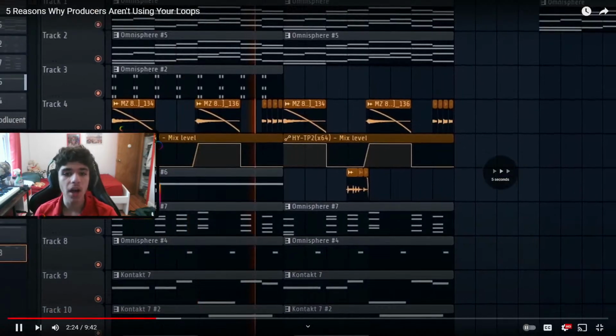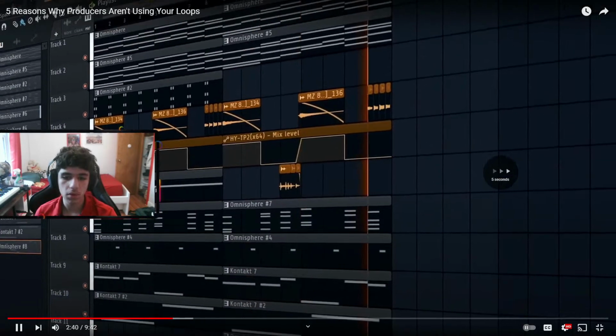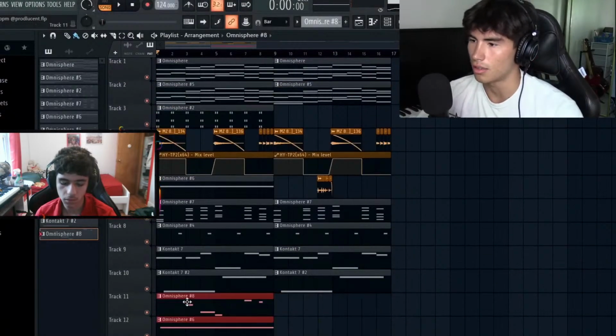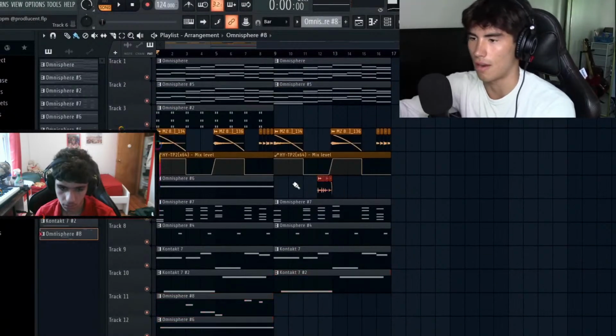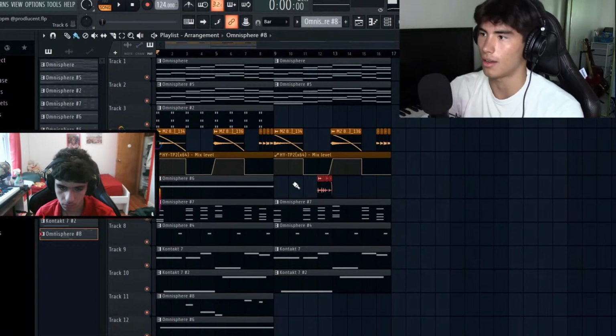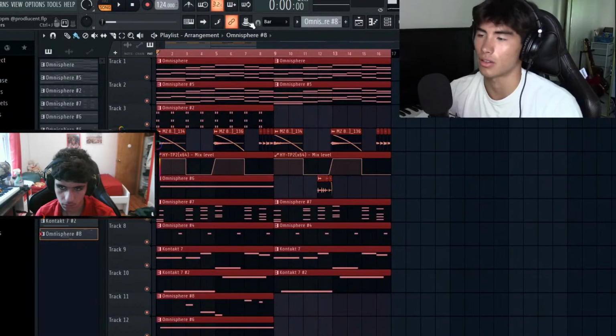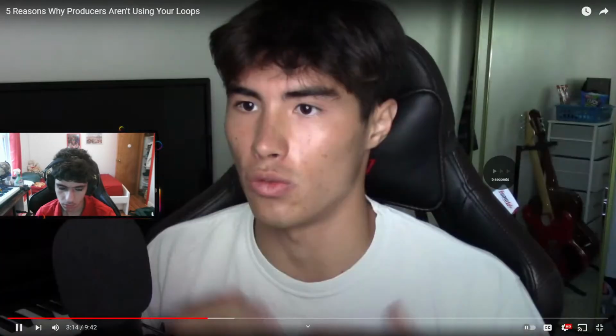That's how you make a loop. But you see how I'm not having everything play at the same time. I kind of have it laid out so it's an 8-bar loop in total, but it's playing over 16 bars. And another great tip that I talked